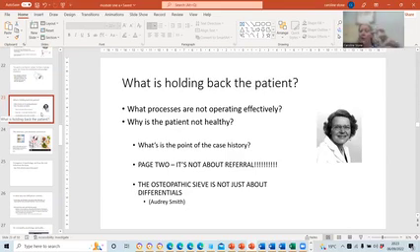Whereas page 2 actually has a totally different purpose, because it's trying to find out all the things in the patient conflicting with their ability to recover. So page 2 is absolutely the most interesting thing. Page 1 is who cares. Page 2 is where you find out how the body is not functioning,